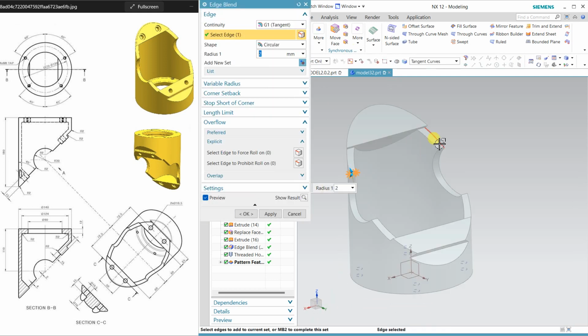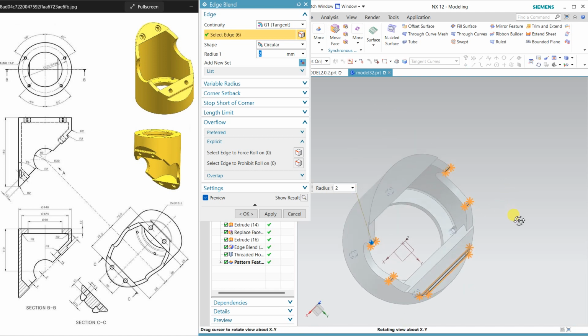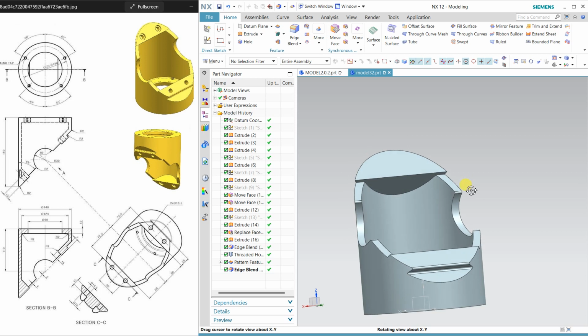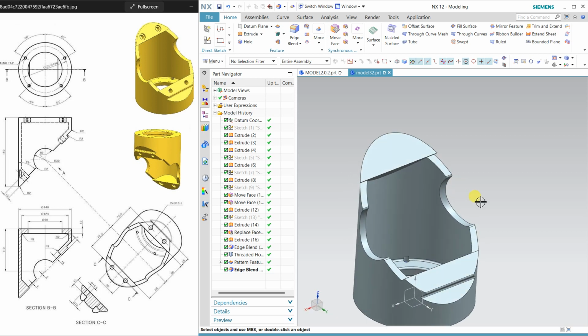So 2 millimeter fillet here, here, here, and here, and here, and this, and again this inside, and apply. Here, here, and here we have already applied.